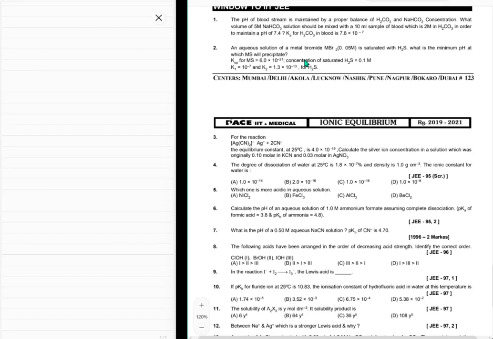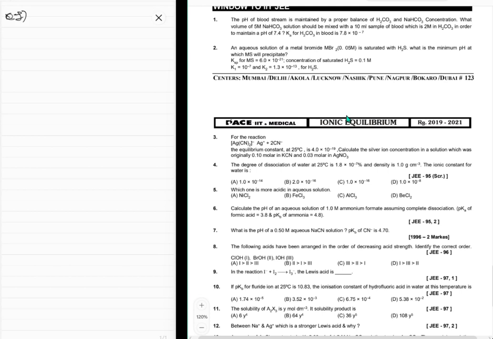So, window to IIT. Now these are actual questions that were asked. So let's do it. Question number 1. The pH of bloodstream is maintained by proper balance of H2CO3 and NaHCO3 concentration. What volume of 5 molar NaHCO3 solution should be mixed with a 10 milliliter sample of blood, which is 2 molar in H2CO3, so like 20 millimoles of H2CO3,